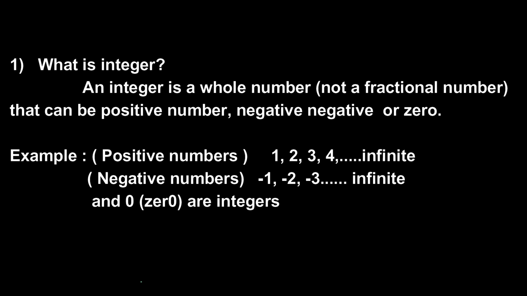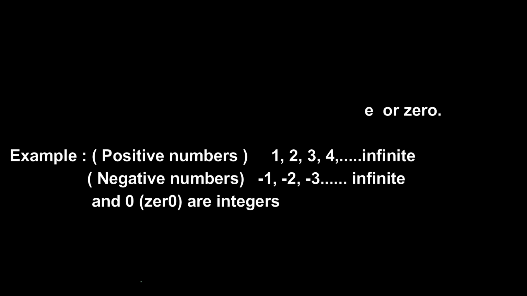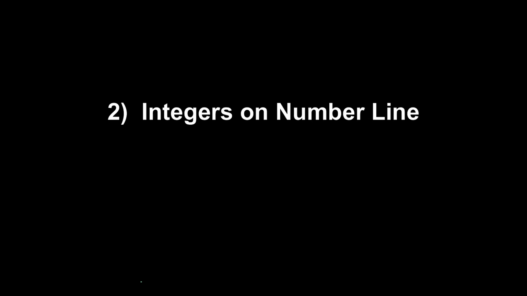In the previous class you have studied natural numbers. Natural numbers start from 1, 2, 3, 4, 5, 6 up to infinity. Then you have studied whole numbers, in which the numbers start from 0, 1, 2, 3 up to infinity. But in this class we are going to learn integers. In integers you are also going to have negative numbers, positive numbers and 0. So now we are going to start our chapter, that is integers. Now you know that integers consist of negative numbers, positive numbers and 0.